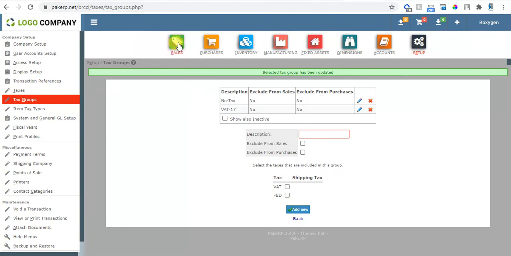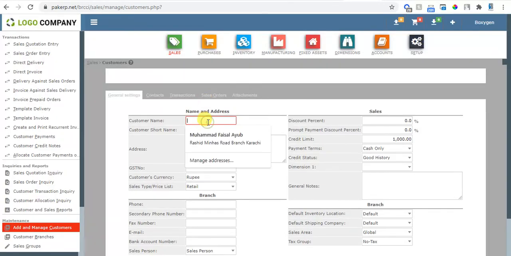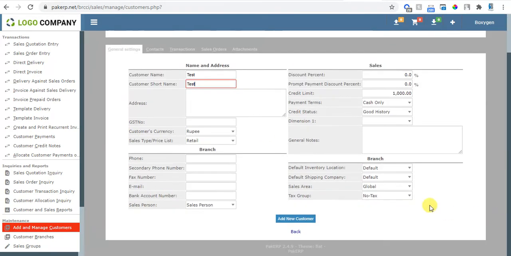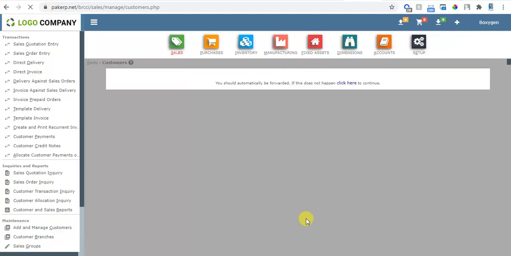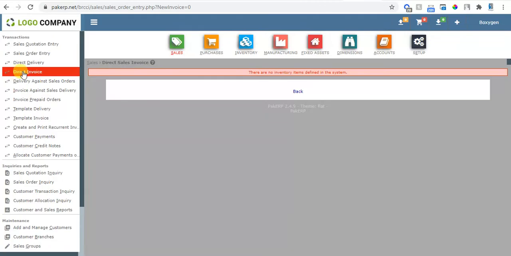Just for example, I will show, if I create a customer named test, and I assign the tax group VAT 17 to this new customer. Now let's create a direct invoice. You have to create an inventory item first.